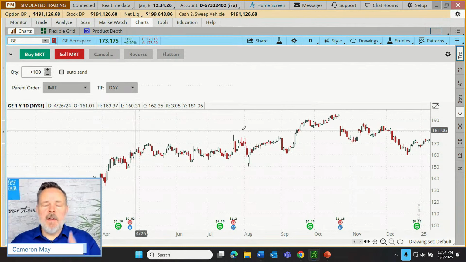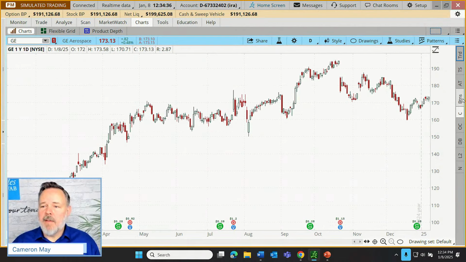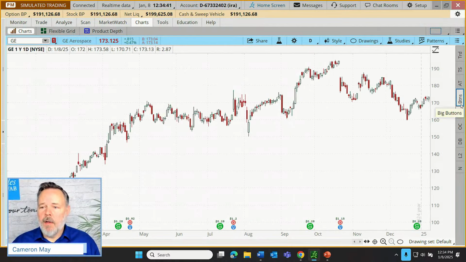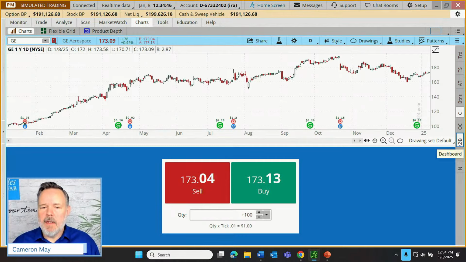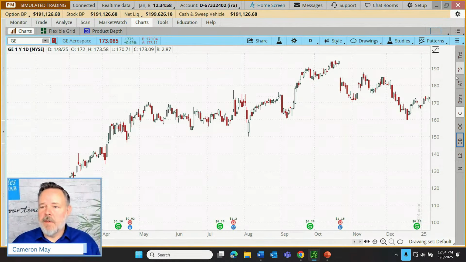There are similar functions right over here. It just depends on a trader's preference for where they want those buttons to be. You can either have them up at the top using the trade button. You can have them off to the right using the buttons button. See that right there? Or we can have them down below using the dashboard button. Okay, there are some minor differences among those three features. But to me, the biggest deal is just the position relative to the chart. So that's what those three things do. So we've already learned not most of them, but half of these.